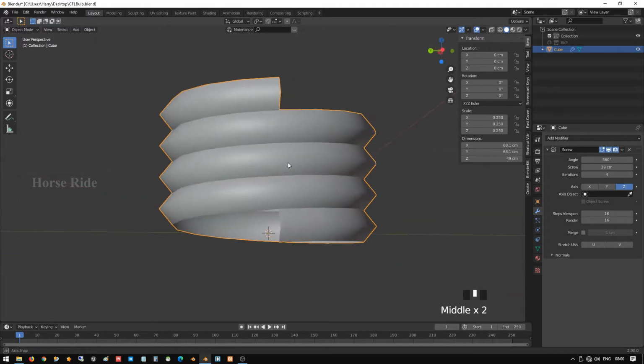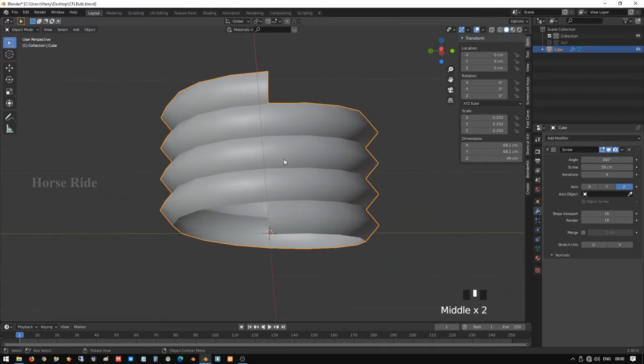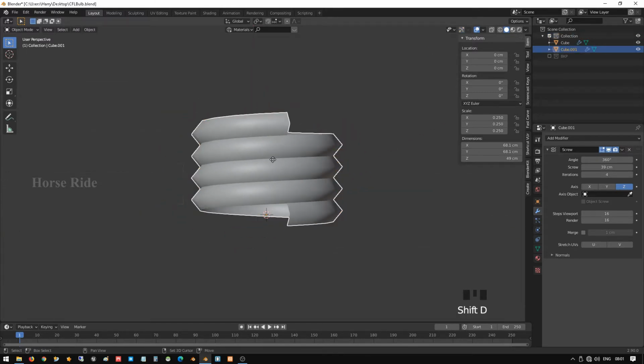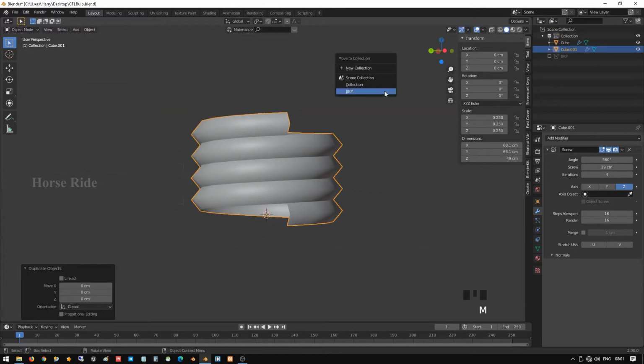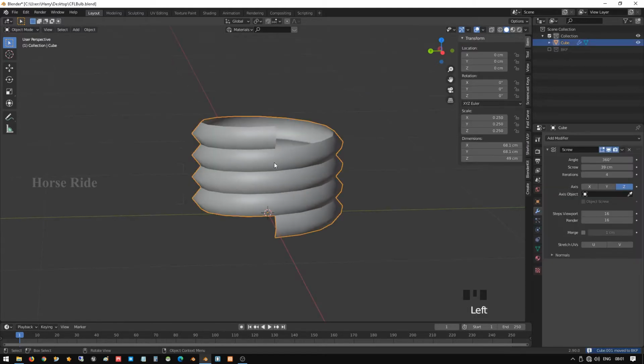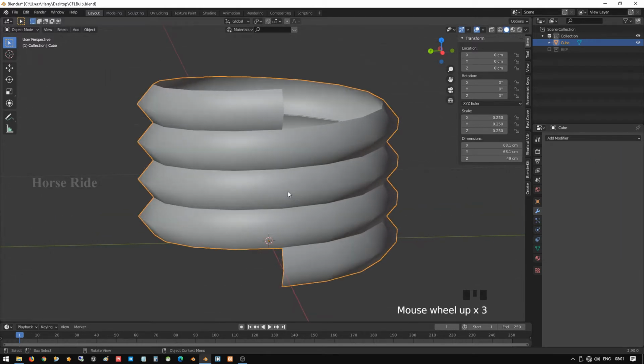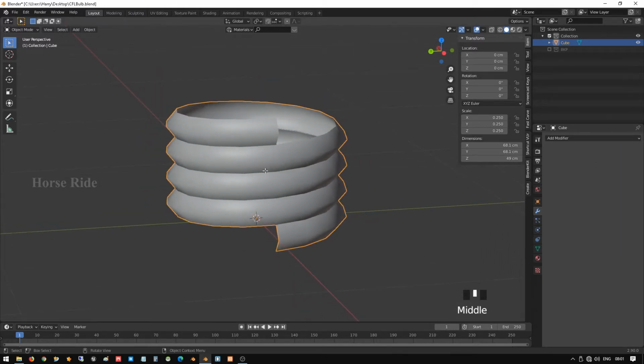the screw thread. So now what we are going to do is keep this as a backup. First select this and move to the collection, select the collection. Whenever you select a collection, it will create the object inside the collection. Select this object, press Shift D to duplicate, right click to cancel, press M, move it to the backup collection. So now this backup has been created. After creating the backup, go to the screw section, click this arrow key and apply. So now the screw settings have been applied.